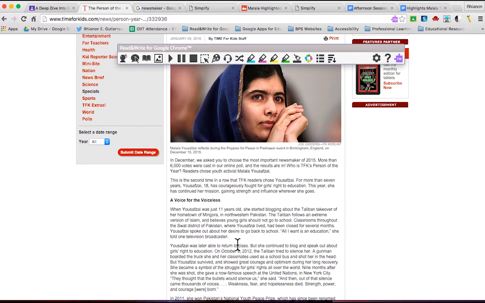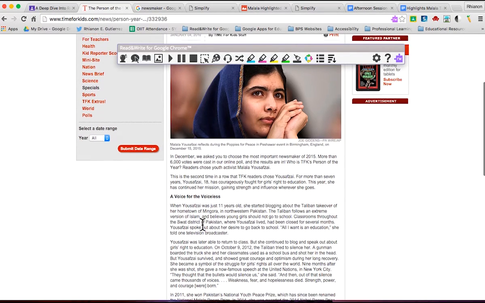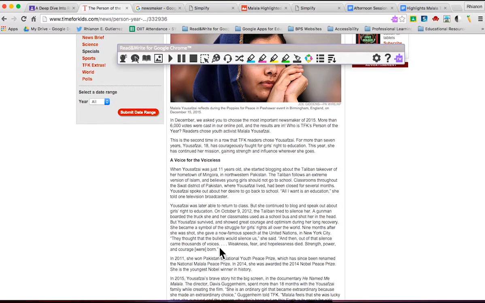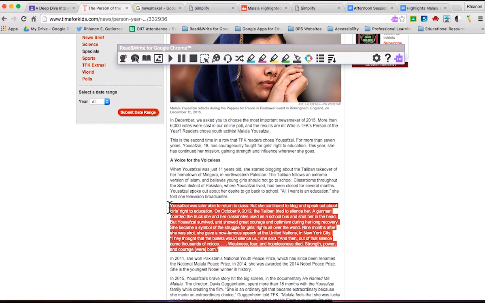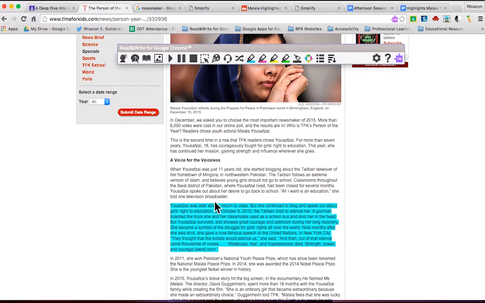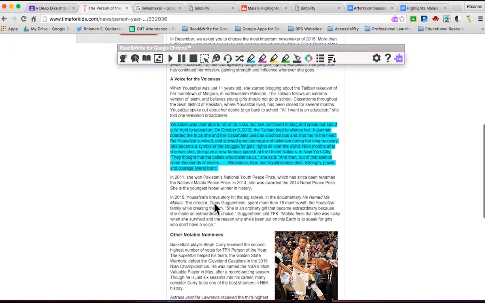I'm going to use blue for complex paragraphs. And I'm defining complex by the size of the paragraph. So let's go ahead and highlight this particular paragraph and then click on the blue highlight icon. There we go. Now you have to highlight it first and then click on the icon.